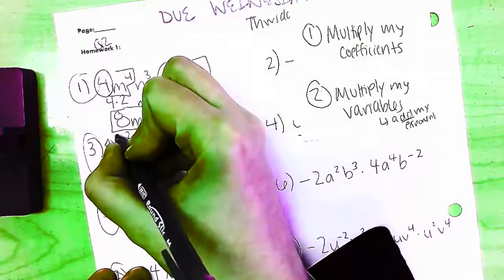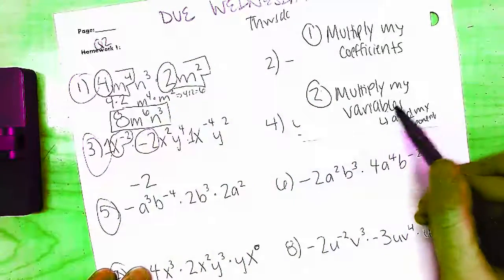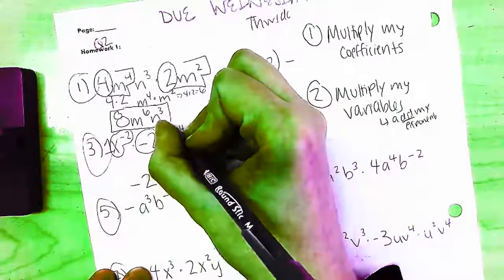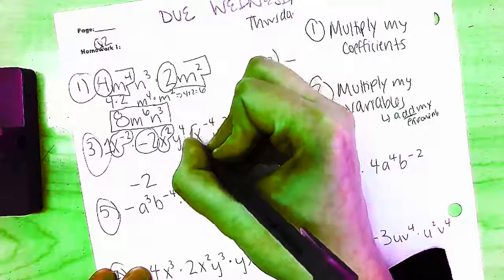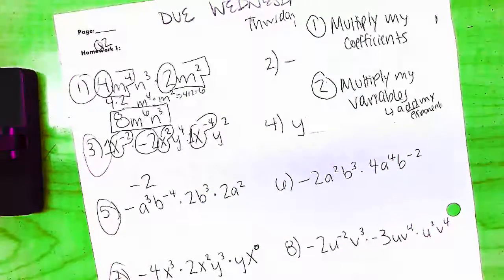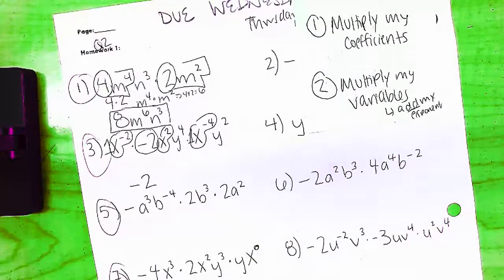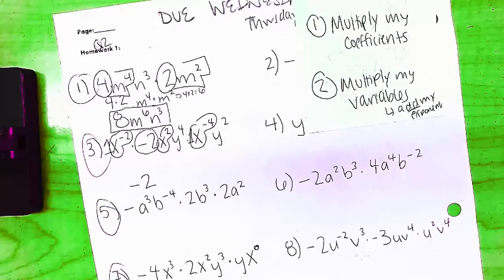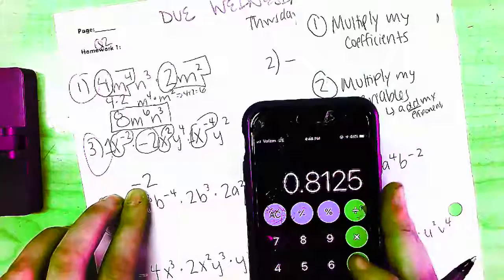Lastly, I'm going to circle all my x's. I'm going to multiply my variables. I'm going to start with the x's. So I have an x to the -2 over here. I have an x to the 2, and I have an x to the -4 over here. So I'm actually going to do this on my phone so that y'all can see how to do it on your phone calculator. I am going to go to my calculator